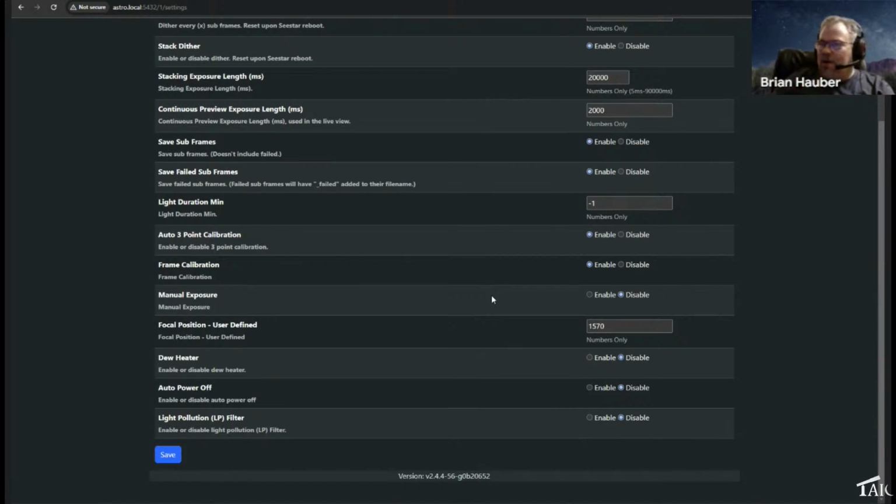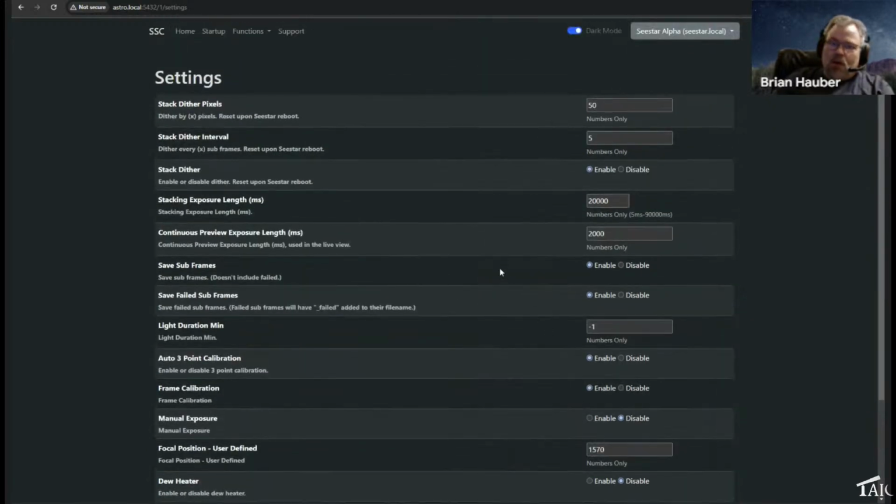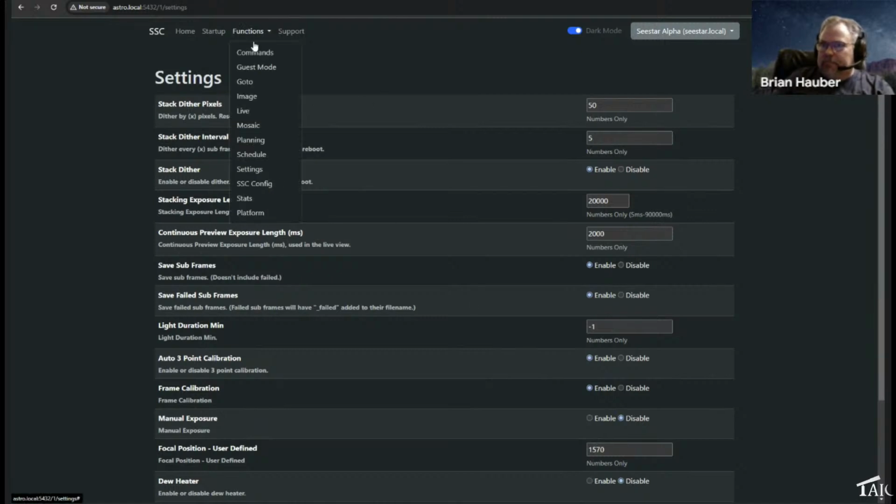I believe you can go and you can set custom exposures, outside of the settings that I had shown earlier. And then of course you've got your auto power off. You've got light pollution filter. You can turn it on and off here. You can turn the dew heater on and off here. Say you already started your schedule and you forgot to turn on the dew heater. You can go and put that on here.